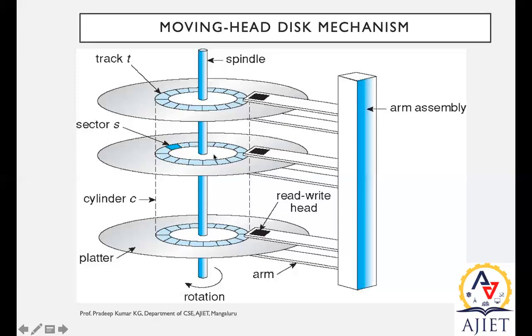For example, you have written a C program, say hello world, which should be printed on the screen. You're supposed to save the program on your hard disk. How can it be done? The arm assembly will treat you as a VIP, and it will find out which platter can hold your hello world.c file. We need a disk controller to look after all this. The controller assigns the arm assembly to look after this exercise and identifies a platter to which the hello world.c file can be copied.